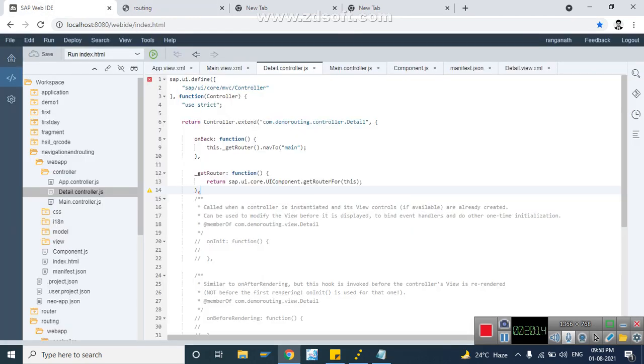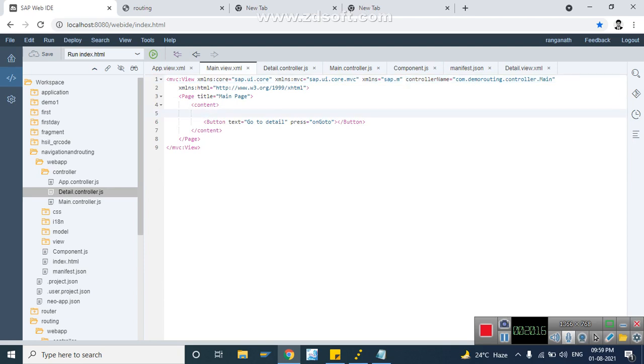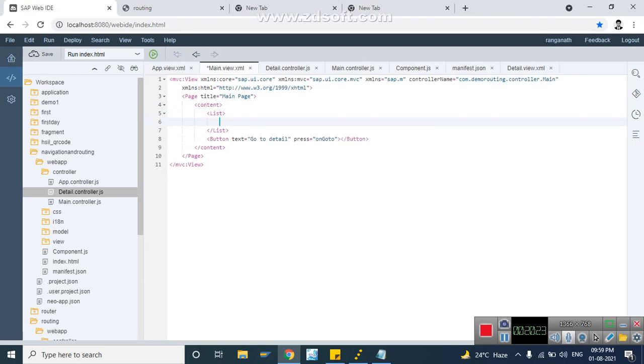Now let us create one real-time scenario. Instead of a button, I would create one list. Inside the list I'll create a standard list item, and the title I'll say list of products.